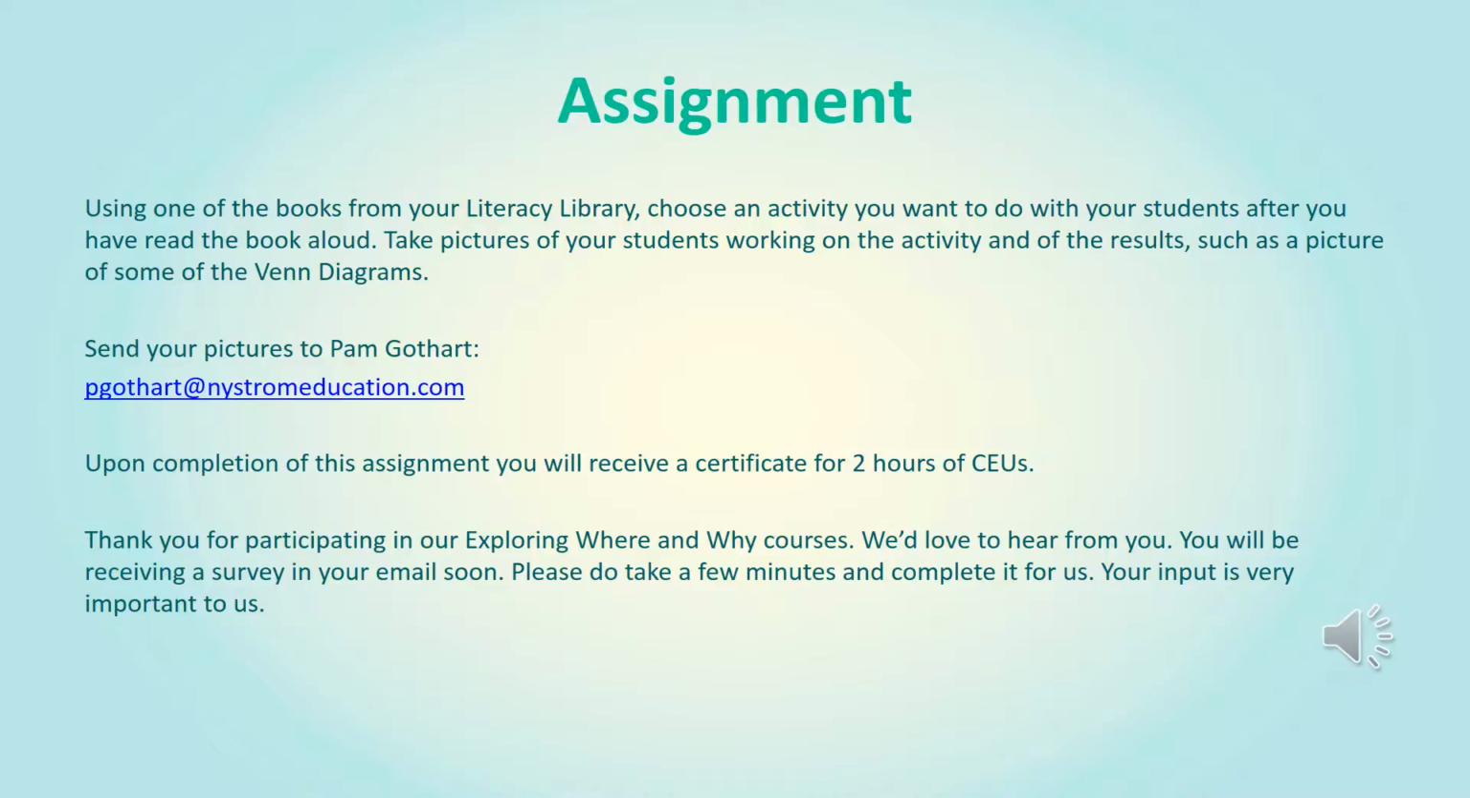Well, you've come to our fourth and final session of Exploring Where and Why 101. Please complete the assignment you see here, send it to me, and I'll be glad to give you some feedback and send you a certificate for 2 hours of CEUs. Just utilize one of the books from the literacy library, take some photos of your students completing an activity, and maybe some shots of the completed activities themselves, and send them over to me at